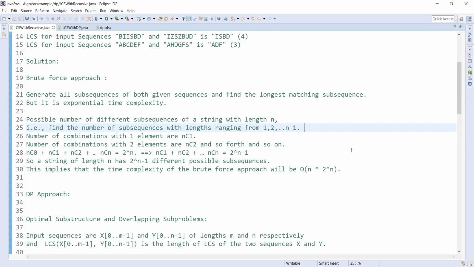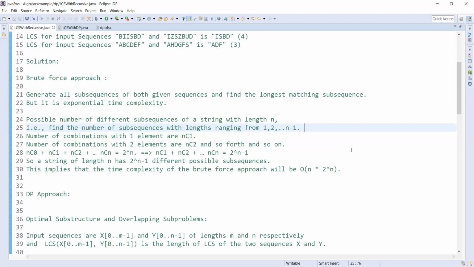Okay, so then what is the next approach? As I mentioned in the previous video, can we solve this using a recursive method? By the way, we are slowly approaching dynamic programming. First we need to identify, are there any overlapping subproblems? First of all, are there any subproblems? And then we need to see whether those subproblems are overlapping. That means, are we calculating the same subproblem multiple times?